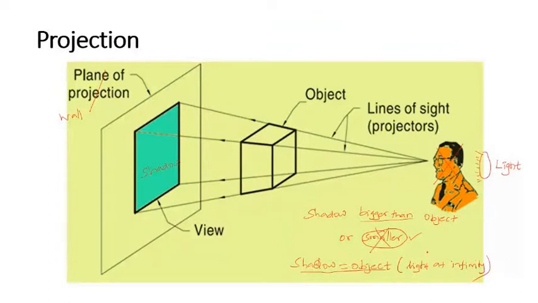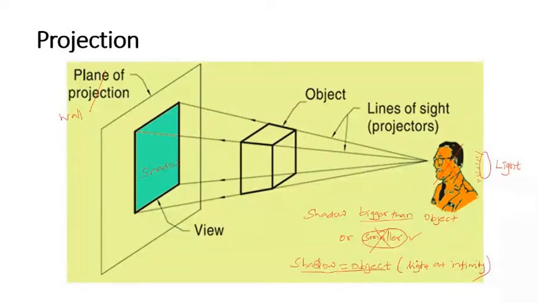Sir, if the light source is bigger than the object, then the image will be shorter, smaller. Can you say it again? When the light source is bigger than the object, then the image will be smaller. It can be like that, whether that is possible? No, I don't think so.